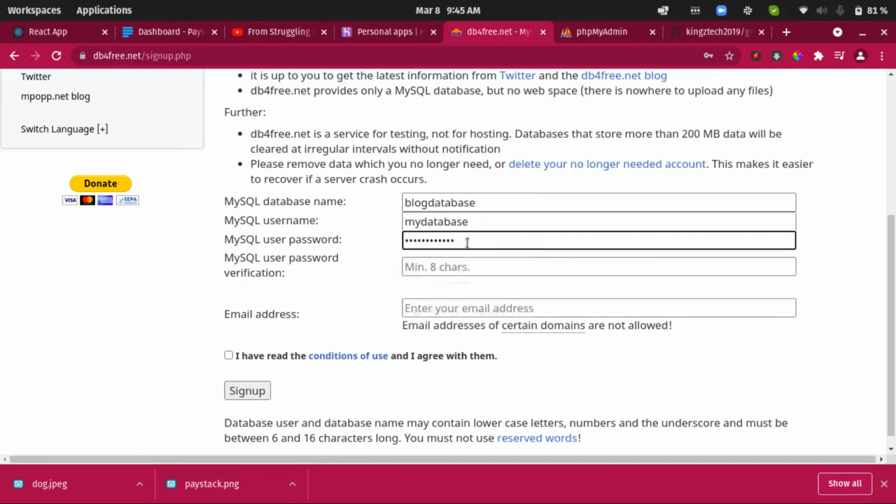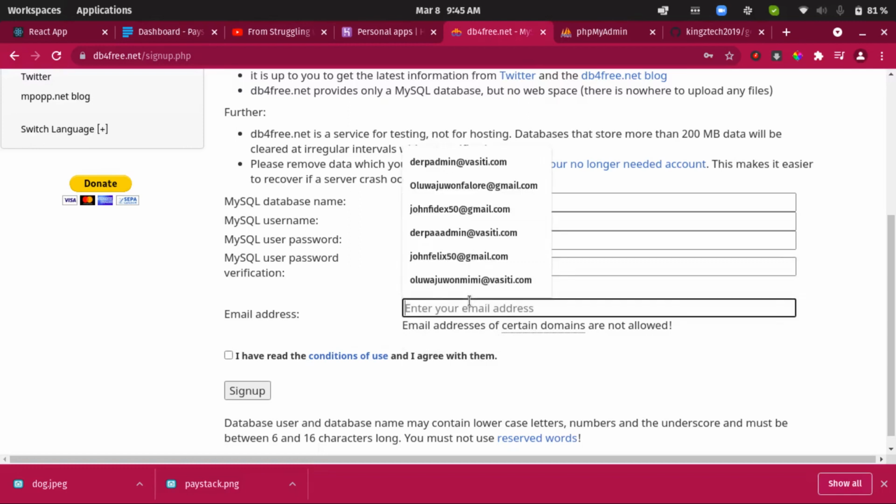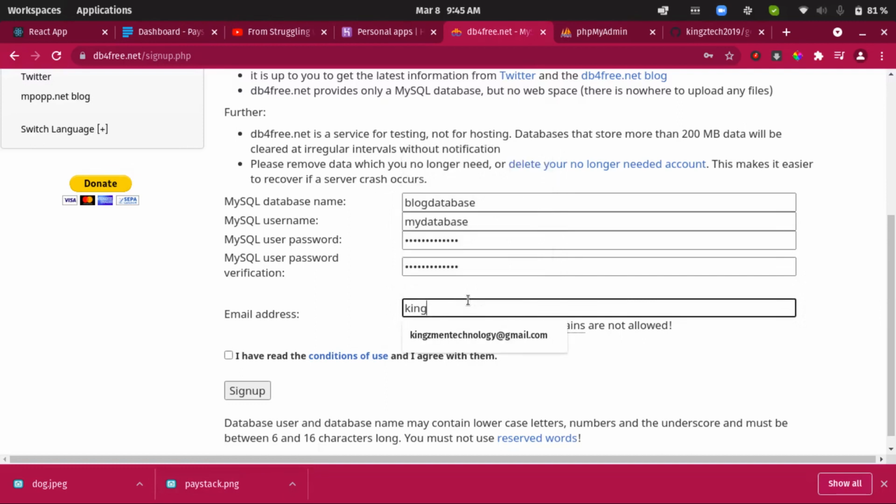So the password as well, we have to put in the password here. So I'm just going to put a password here. All right, so you just put a password you can remember as well. So okay, email address. Okay, let me just put my email address here. I hope I've not used this to register once, but anyway, so let me hit on